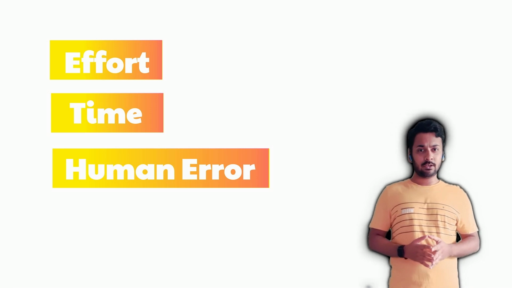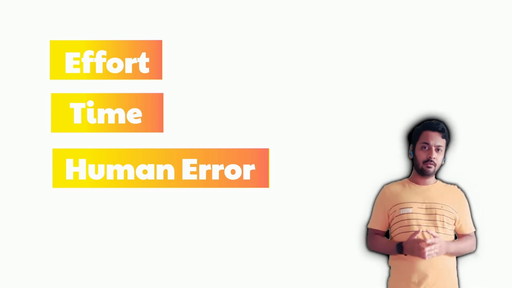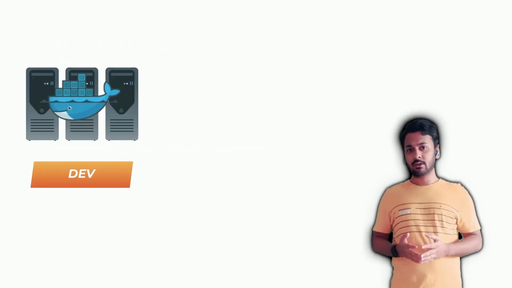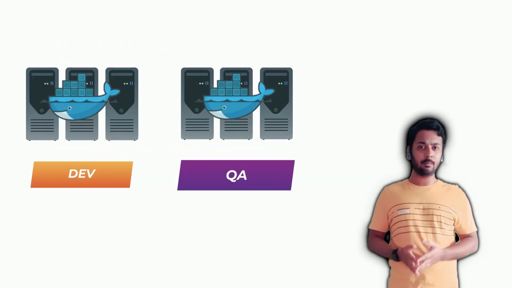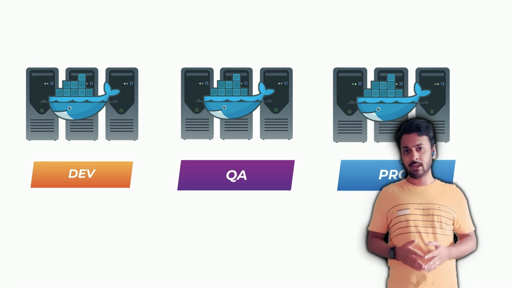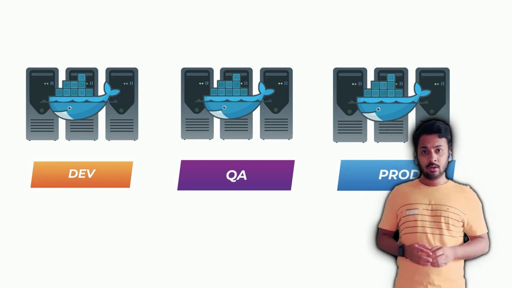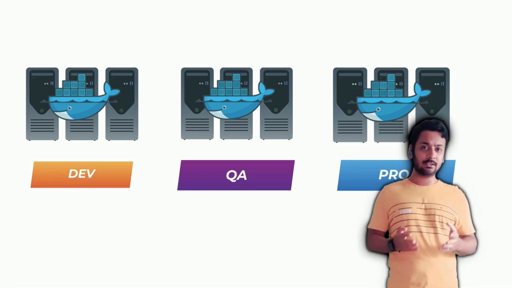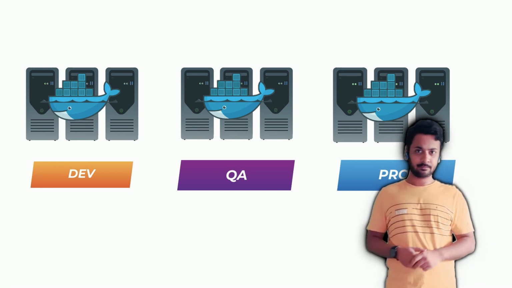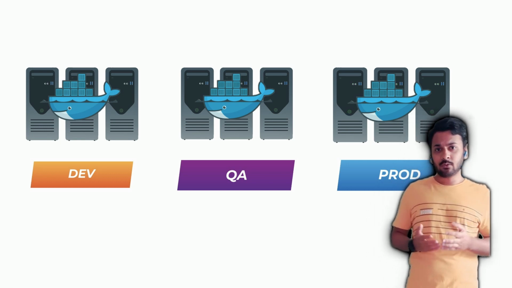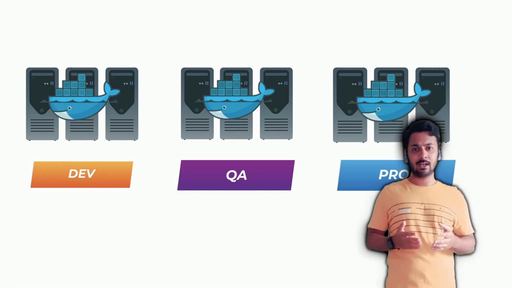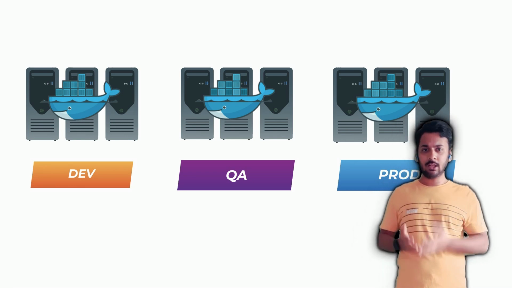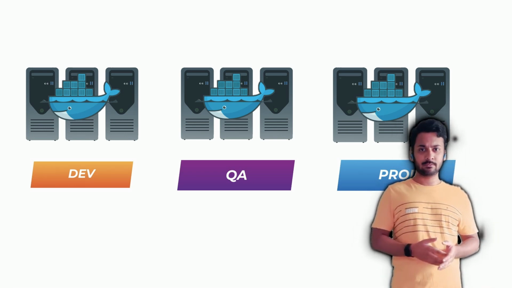Speaking of infrastructure, every application will be deployed to at least 3 infrastructures. Those are divided into dev environment, QA environment for testing, as well as production. So infrastructure as code helps us to automate these tasks end to end. Infrastructure as code is a concept which has applications, programs and scripts which help us to achieve these tasks.